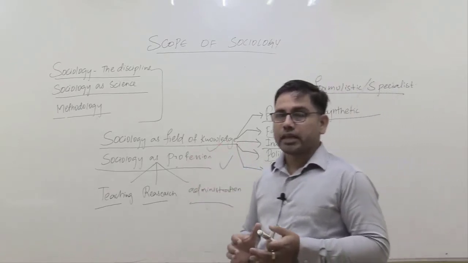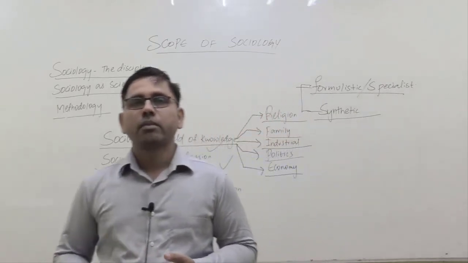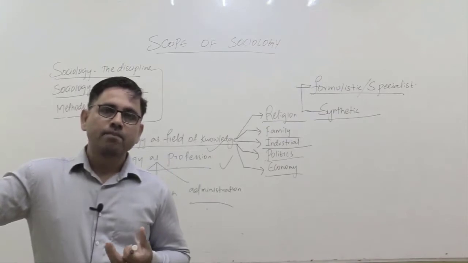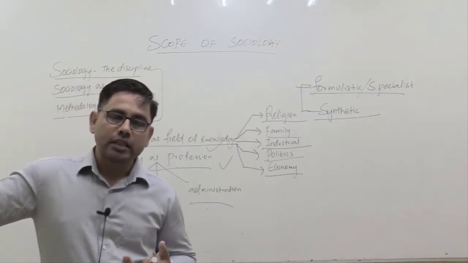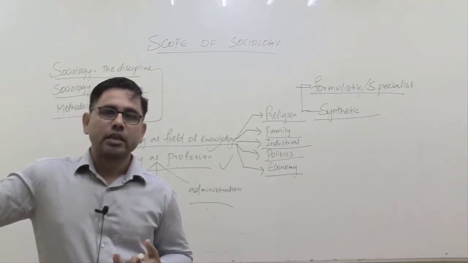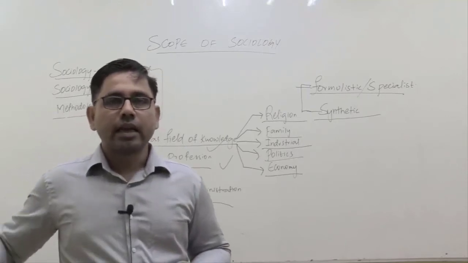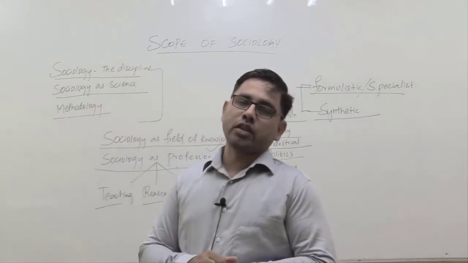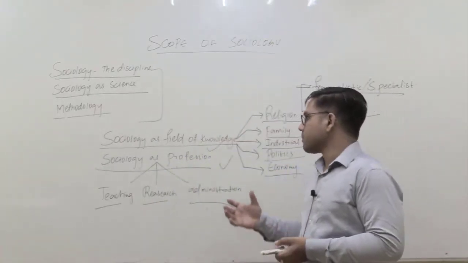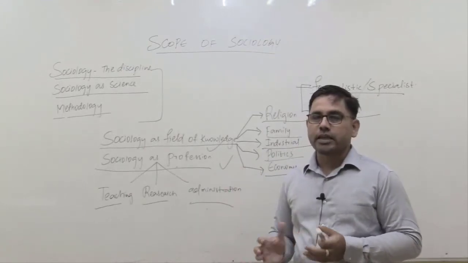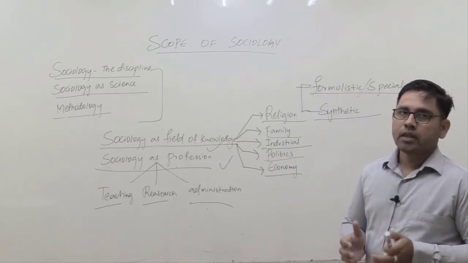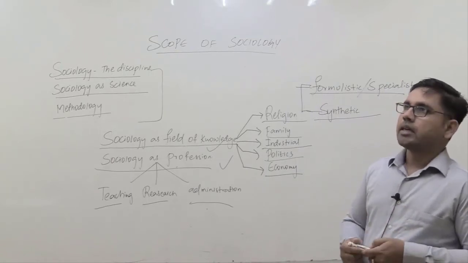So if you see it as a field of knowledge, in terms of knowledge we discussed that a person who is studying sociology, his responsibility is to gather knowledge about various social processes, various social problems and possible solutions for those social problems. Because of that, in such a field of knowledge, the scope of sociology is multidisciplinary, that whatever knowledge you have gathered through sociology, when you apply it in real life, it may give rise to